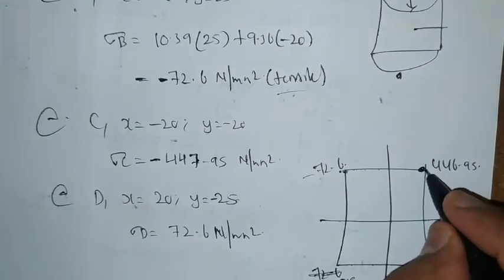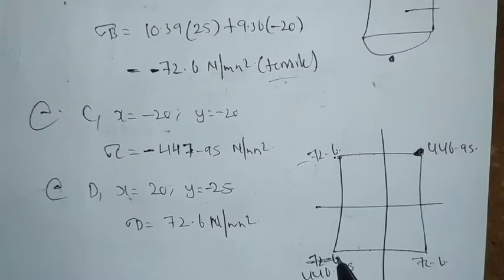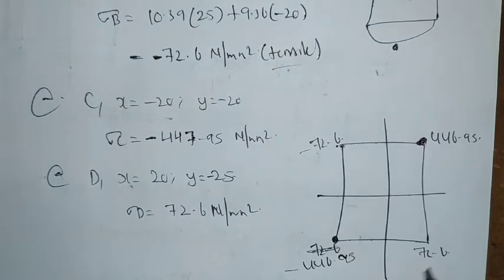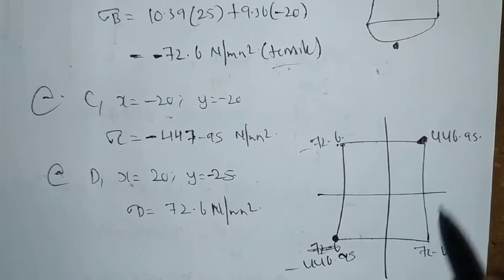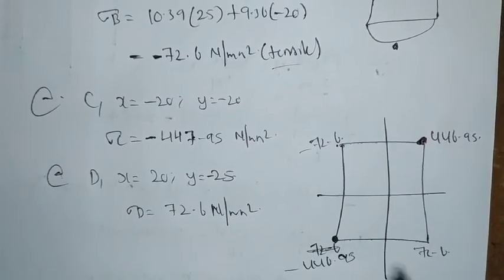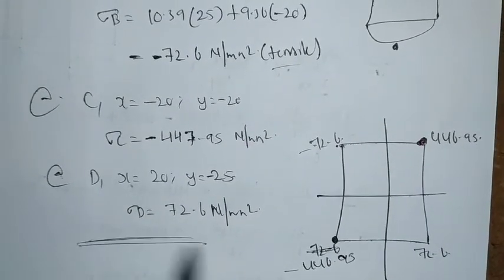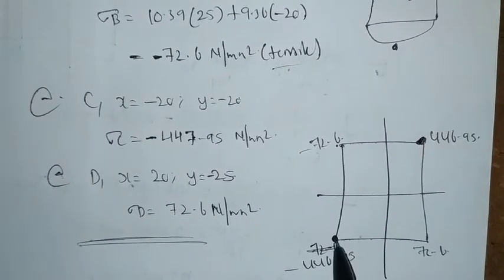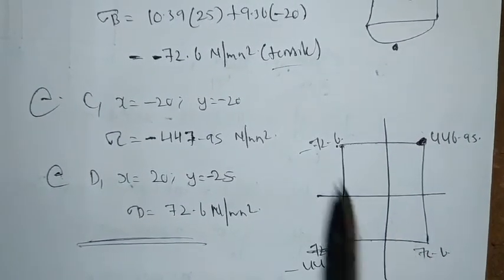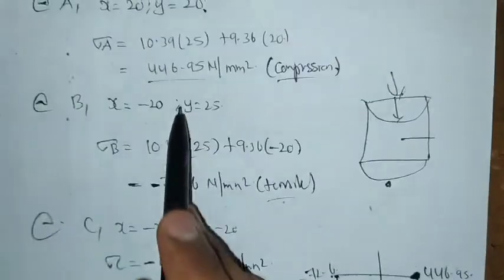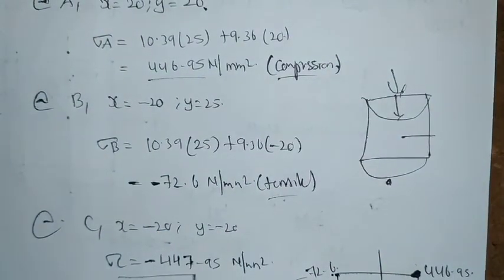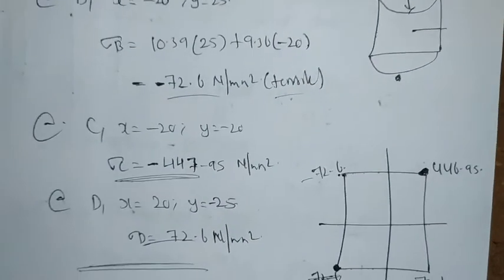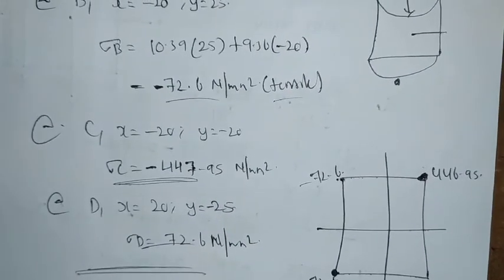So then here the maximum stresses are going to come up and here the minimum stresses are going to come up. If they are going to ask in the question, then you mention this figure. If not, you need to find it, you can find it up to here. You need to mention this figure. If they are going to ask to find out the maximum and minimum stresses, then the maximum stress is sigma A and the minimum stress is sigma C, or sigma B and sigma C, like that you have to make in the problems.